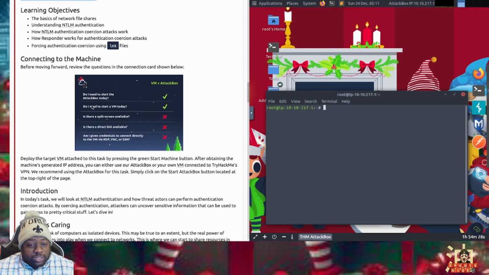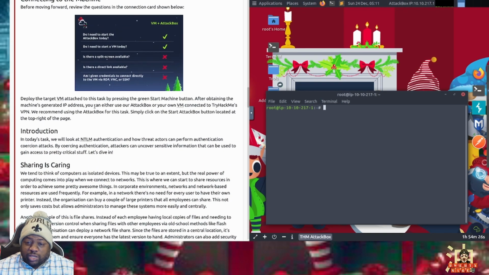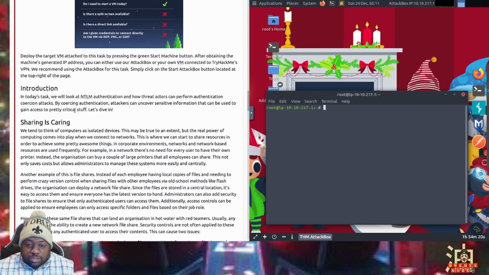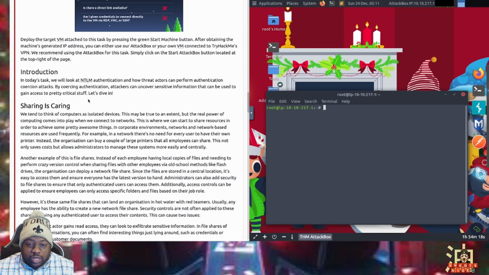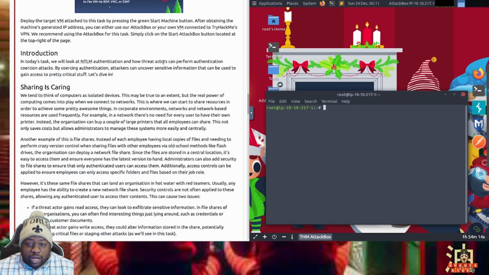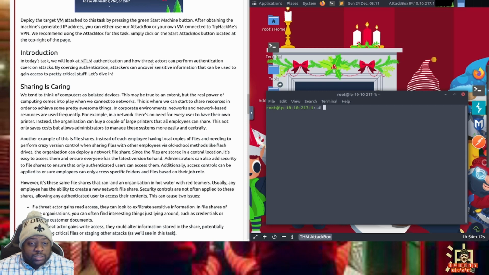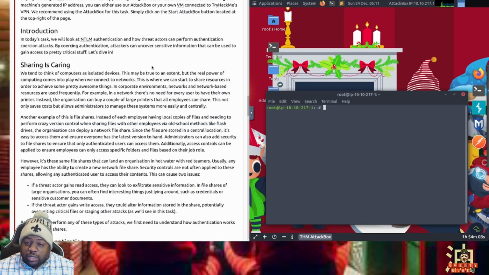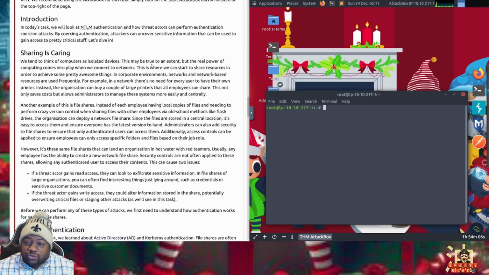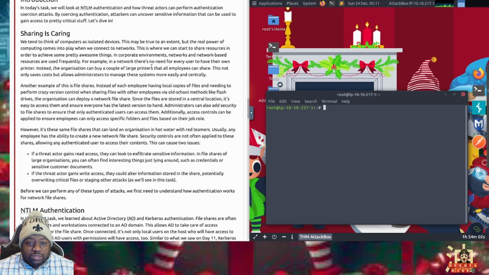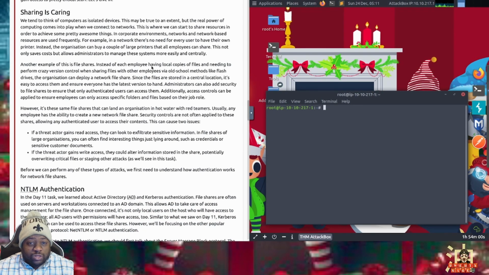So I already have the attack machine up in the VM. Okay. In today's task, we're looking at NTLM authentication and how threat actors can perform authentication coercion attacks. By coercing authentication, attackers can uncover sensitive information that can be used to gain access to pretty critical stuff.